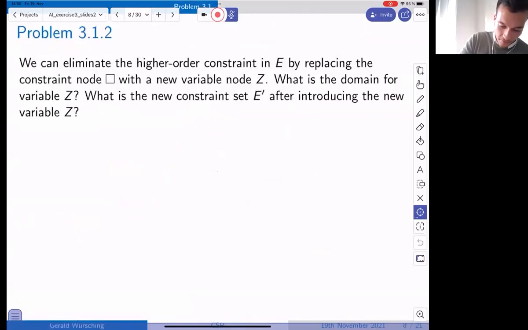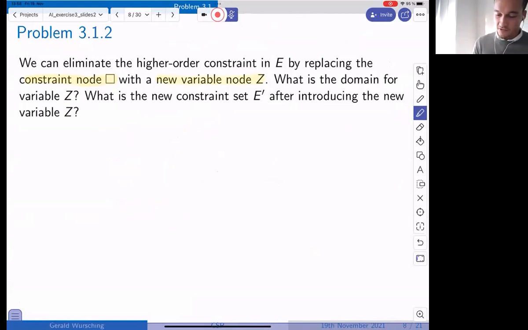So we go to problem 1312, and we want to transform our CSP into something like that by introducing a new variable set z. We want to replace the constraint node, so the square we had earlier, with a new variable.